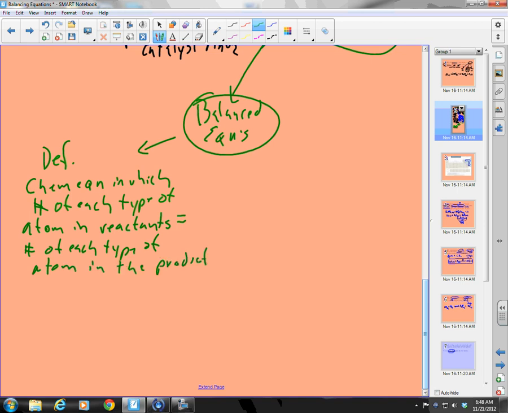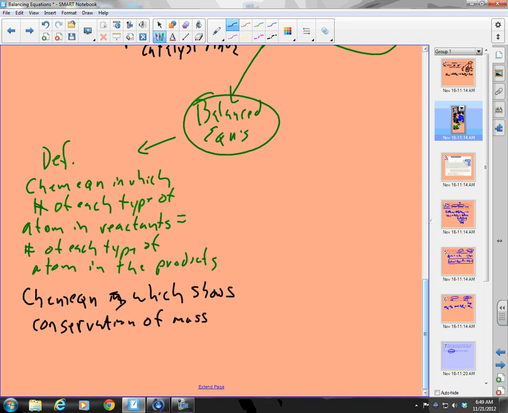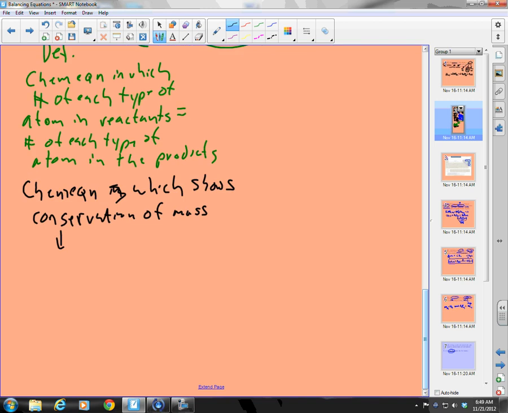I guess another way to say this is, and I don't like that green, that doesn't look very good, this would be a chemical equation which shows conservation of mass. And what's conservation of mass? That simply means that mass is neither created nor destroyed. Mass is conserved. And so what we're saying is this is an equation in which we're showing that mass is conserved